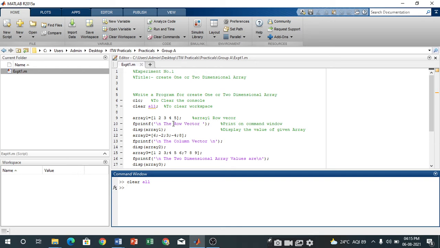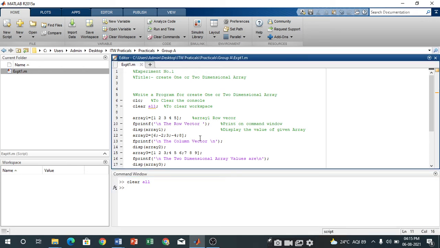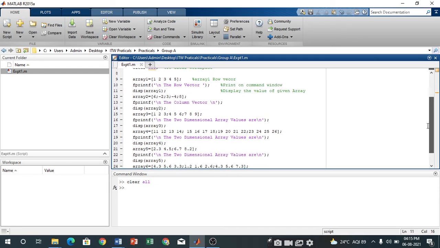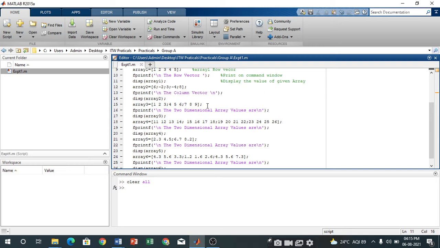So here we are going to display the content of array 1 using the function disp. Now next one is array 2. Array 2 is nothing but your column vector. Now next one is array 3. Just like that, array 3 is your 3 by 3 matrix. Array 4 is your 4 by 4 matrix, with elements 11 to 26 put into array 4.